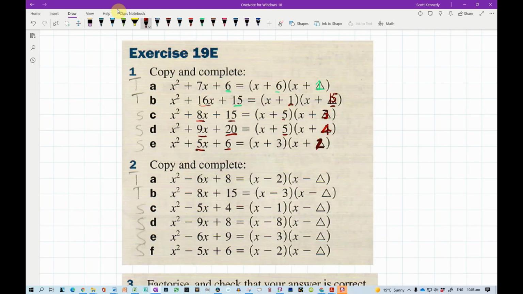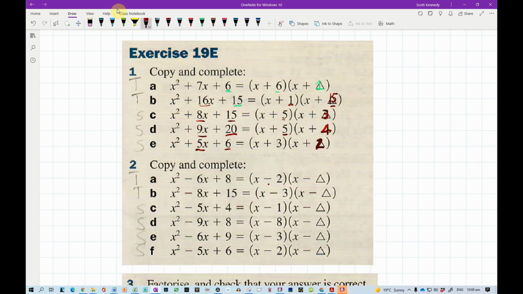The next one, you'll notice the change is that we've got a minus here and a plus here. When you've got the situation with a minus here and a plus here, that tells us that we have 2 minuses making up this. A minus times a minus is a positive. So whenever you see x squared minus something x plus something, you know that it factorizes so that you've got 2 minuses. Okay, so